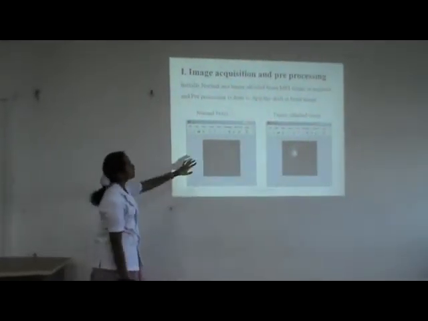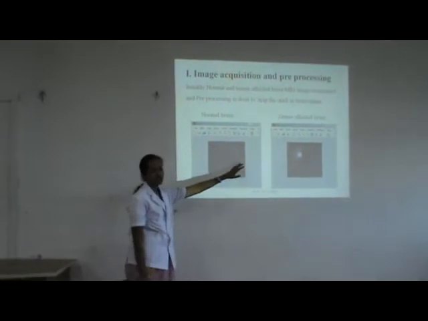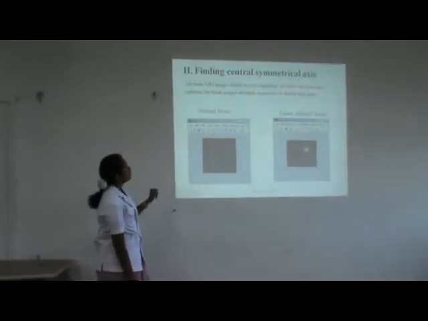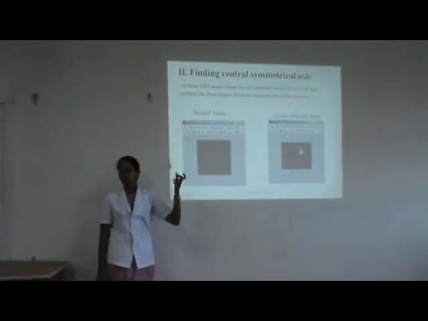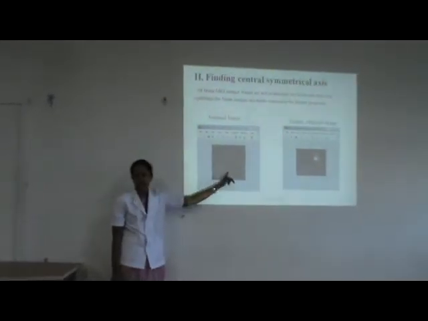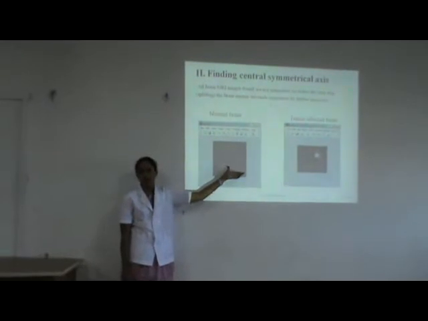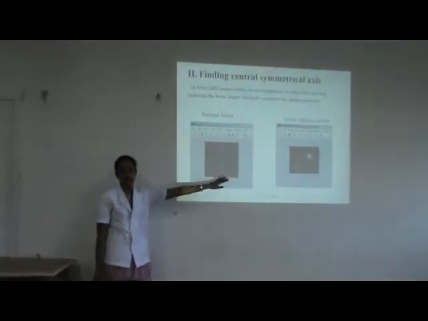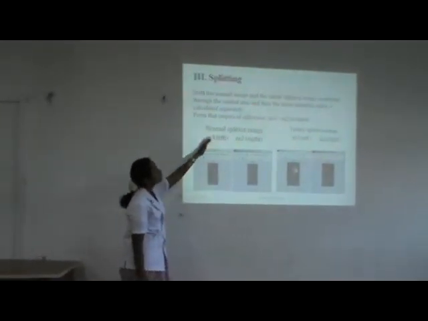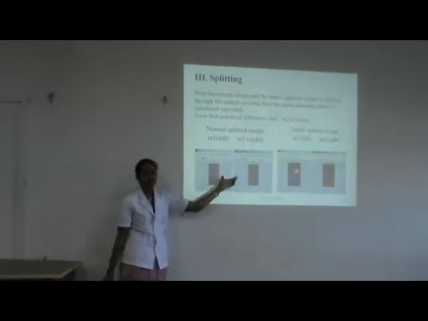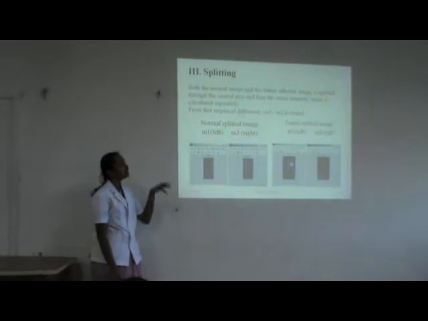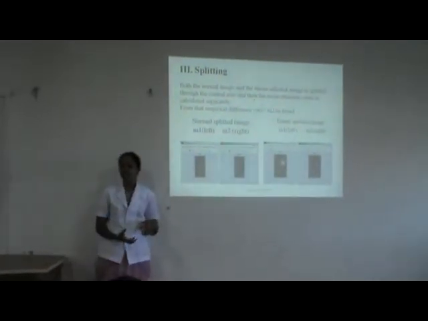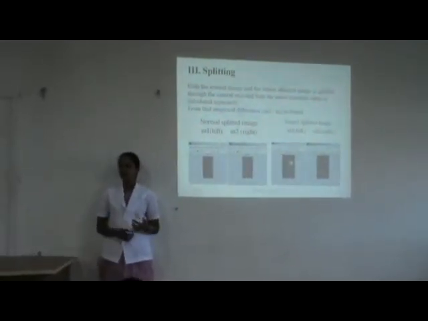These are the steps. First we acquire the image, and after that pre-processing for skull stripping. Next we find the central axis of the brain. If there is a tilt in the image, we find only the central axis. After that, we split the brain into left and right sides. Then we flip the images and perform the subtraction for the mean values. After getting the mean values, we classify whether the image is a tumor affected or hydrocephalus